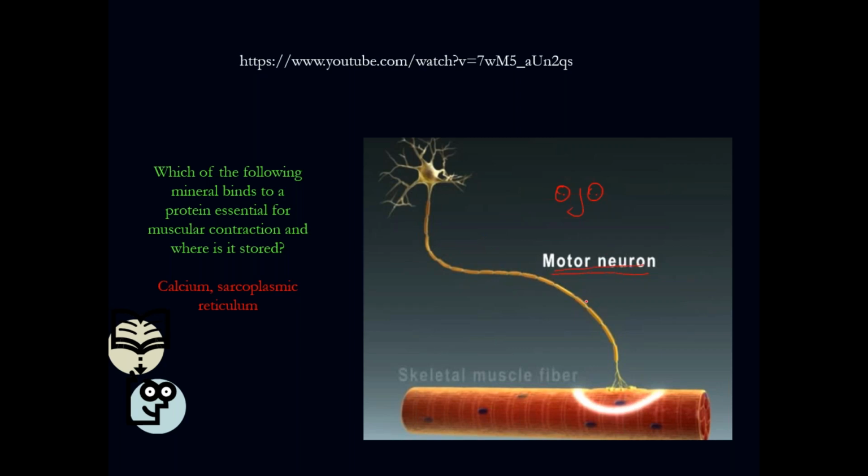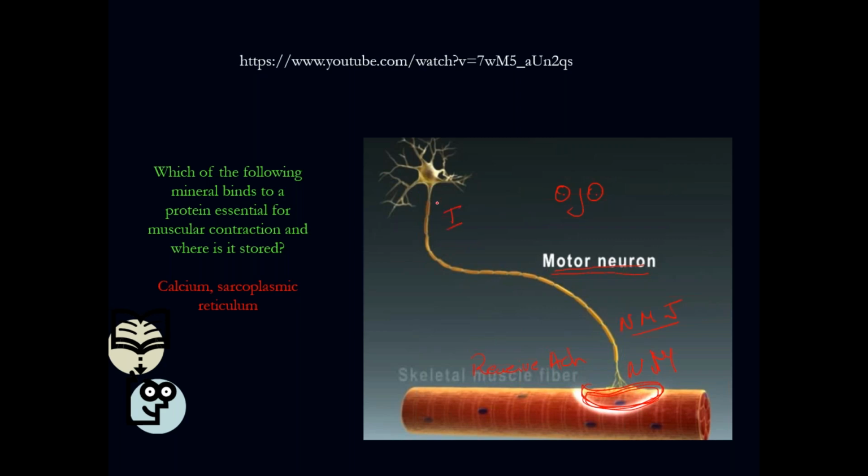There are so many nerves, and each fiber, a fiber being equal to one muscle cell, is going to contain what we call the neuromuscular junction. So where is the neuromuscular junction? This area. So what is the neuromuscular junction doing? Open eyes, open ears, again. It is going to receive the acetylcholine. That is what the neuromuscular junction does.